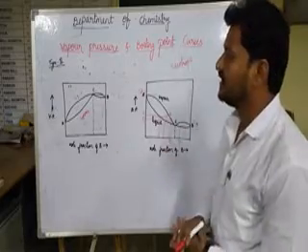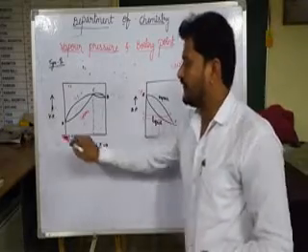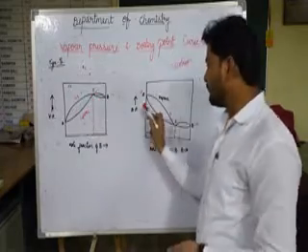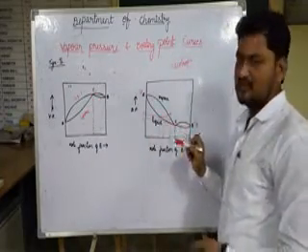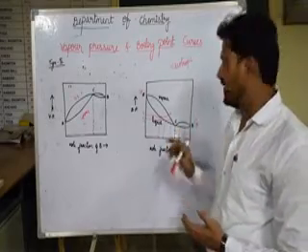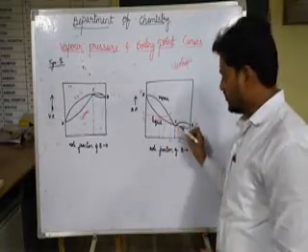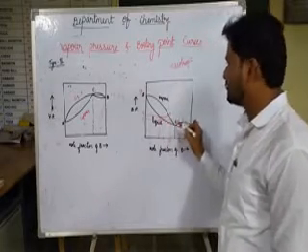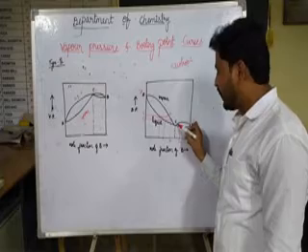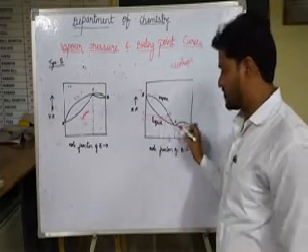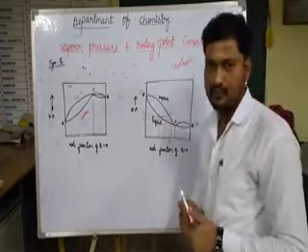So this is how we get a type 2 curve, where vapor pressure will be showing a maximum and the boiling point will be minima here. So we can call these kinds of curves minimum boiling azeotropic curves. At this point, this is the minimum boiling temperature. We can call this kind of point, that is C, the minimum boiling azeotropic mixture. So this is the type 2.